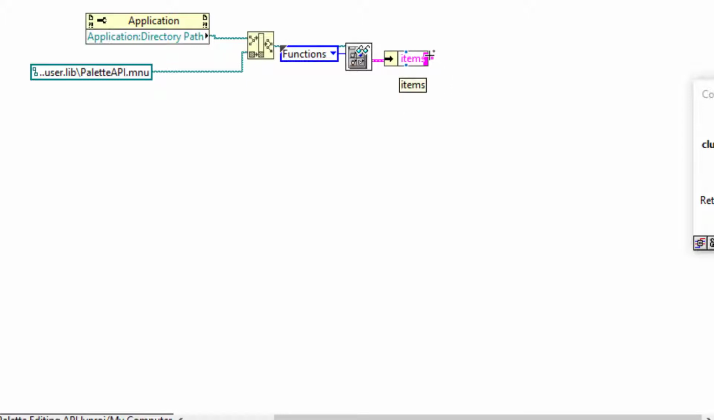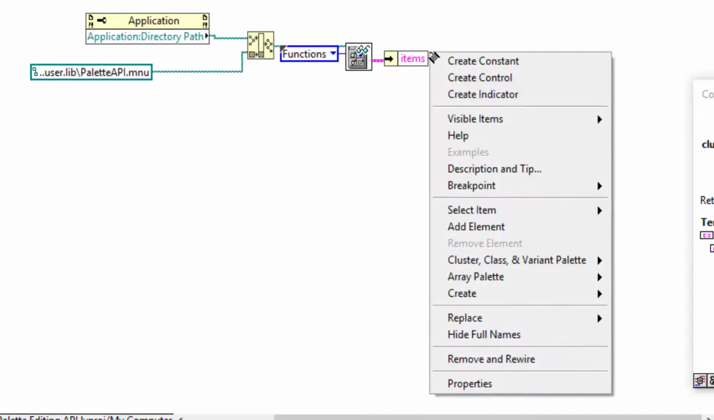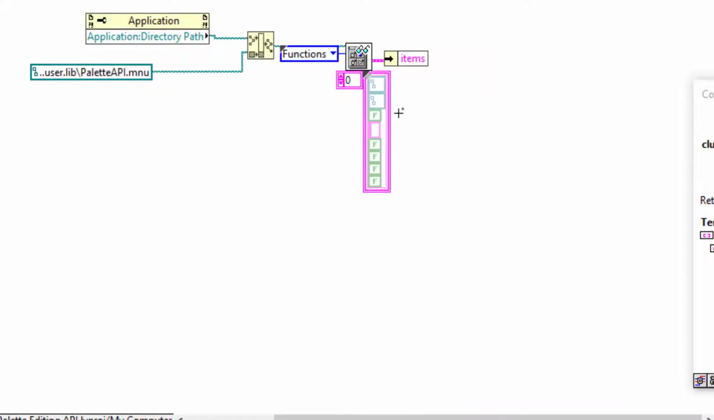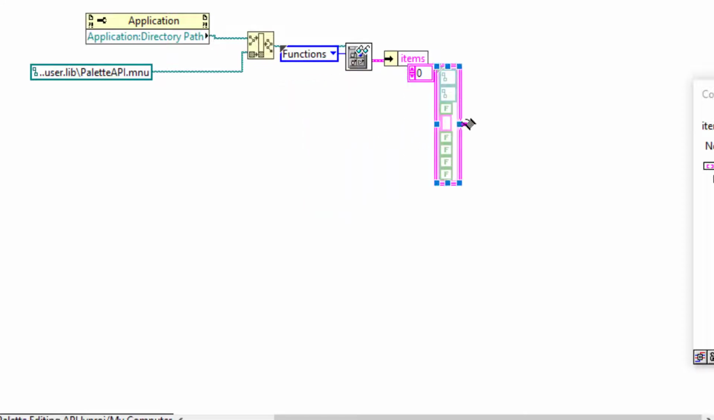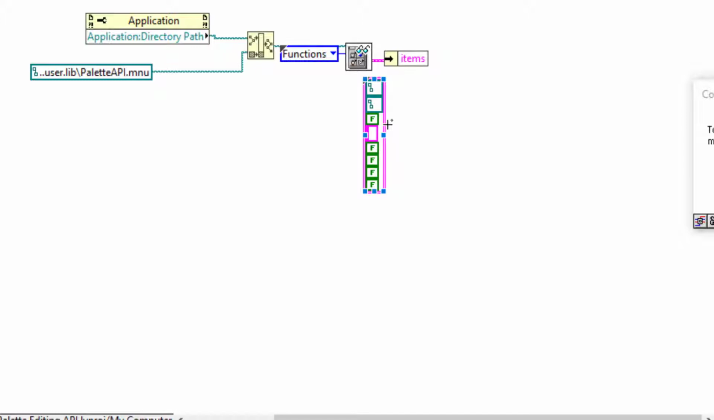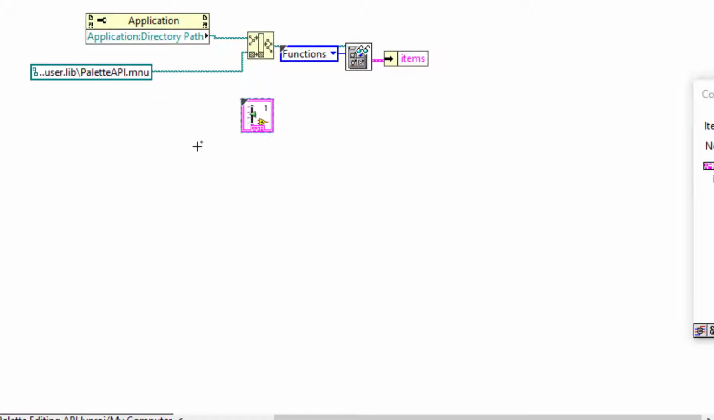And we will be creating a constant, but we don't need the array constant. We will be building that. What we need is the cluster that's present inside it. Let's delete this array, and we will need this cluster for bundling, and we would use this for building path to our first